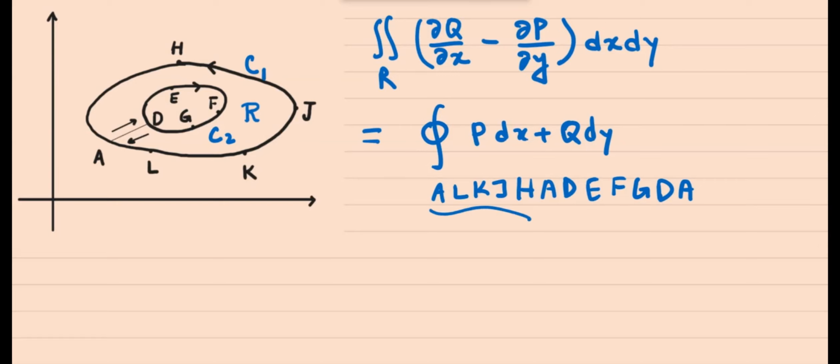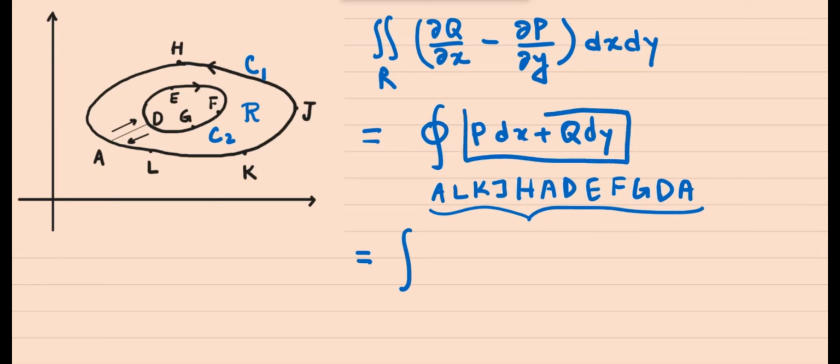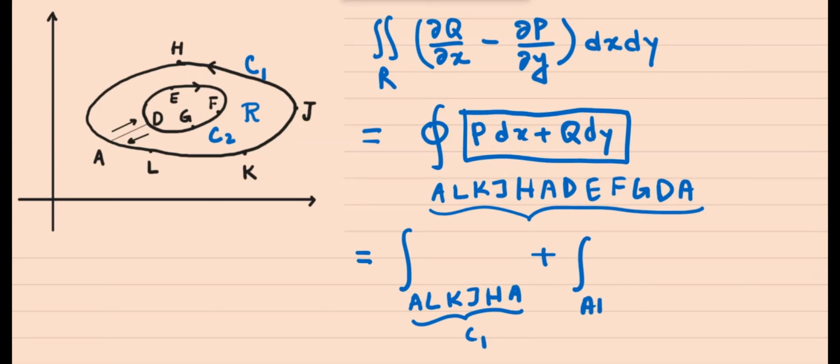And notice this is actually the combination of the two boundaries. How? Let me show you. So, like before, I'm just going to write down the integral sign and the limits, not the integrand really, because the integrand is right here, which is not going to change. So we have A, L, K, J, H, A. Right? So this is the outer boundary, which is C1. Then we have AD. Then we have D, E, F, G, D, and then we have